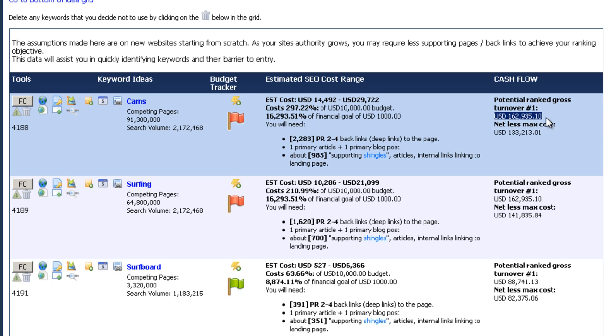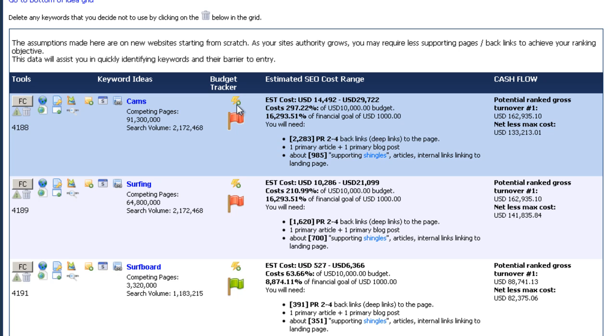Your estimated ROI on this term is, and it's right over here, $162,000 a month. Now that's based off of your expected conversion rate, the expected traffic, which is based off the search volume, and how much you actually make on each sale. It takes all of that into account and comes up with what your potential gross revenue for the website is going to be. And it looks at that price, and it looks at your financial goal, and it's just like, wow, you will definitely exceed your financial goal